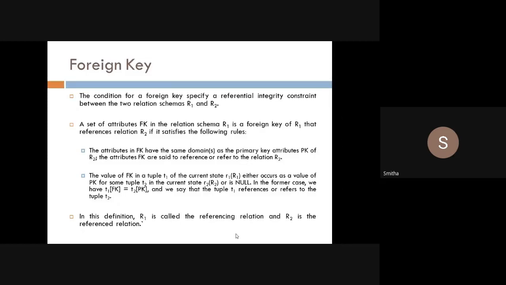So now the condition for a foreign key specifies a referential integrity constraint between the two relation schemas R1 and R2. Okay, so whatever example I have told is related to referential integrity constraint only, this foreign key. And super key, candidate key and primary key are about one relation. Now when I say foreign key, we need to have more than one relation because we are referring to one more relation using foreign key. Now D number will become a foreign key because I have D number in both the